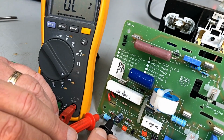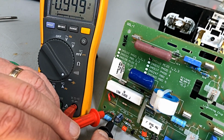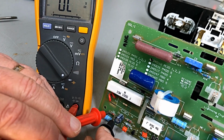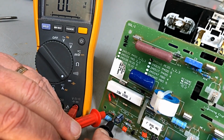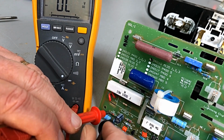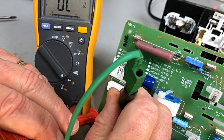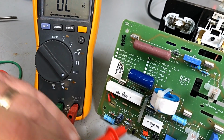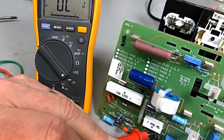Okay. We'll check a couple of diodes while we're doing this. Diode here. And this circuit board has lacquer on it to stop moisture ingress. So yeah, a little bit hard to check things on this. This one,